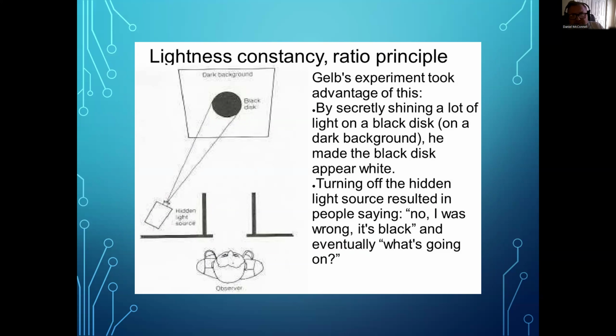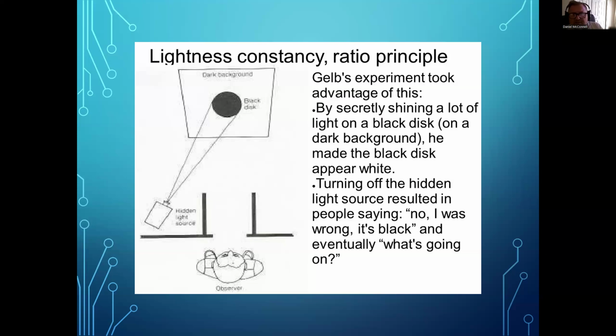But what Gelb was able to do is, with a hidden light source off to the side behind a wall, he shines a little spotlight just on the black disc, and he ensures that none of that light is shining on the background, that the light is only shining on the disc. This is kind of like the opposite, a reverse of the dress picture, right? And then when looking at the disc, an observer standing in the position they're in, where they cannot see the light source and therefore they cannot detect the differentiation of light across the visual scene because of this restricted setup that Gelb created, will actually say that the disc is white, because all they see is a brightly lit circle